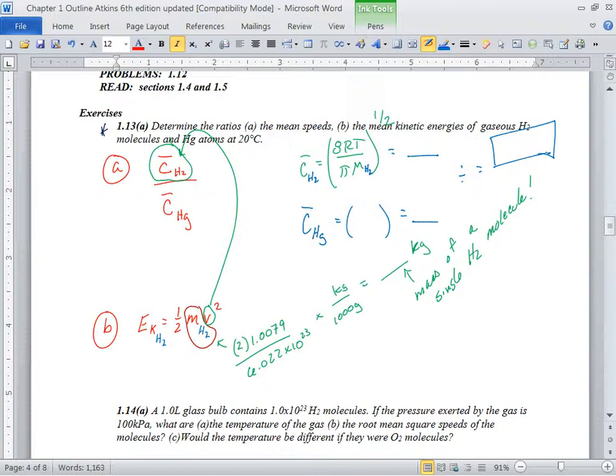And mercury isn't diatomic, mercury is monatomic. So when you calculate the kinetic energy for a mercury atom, with just the mass of a single mercury atom, you won't be multiplying by 2 or anything. It's just Hg in nature.